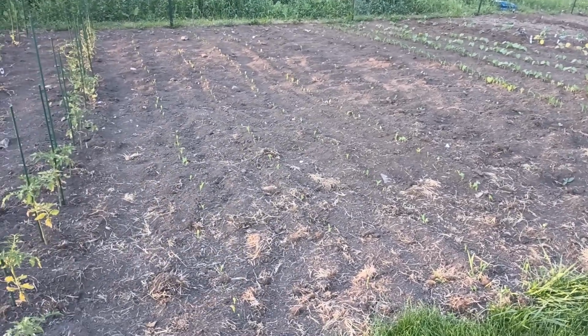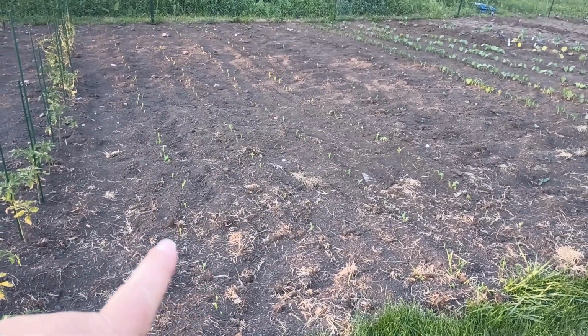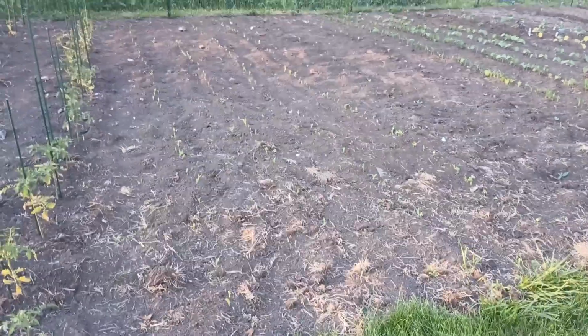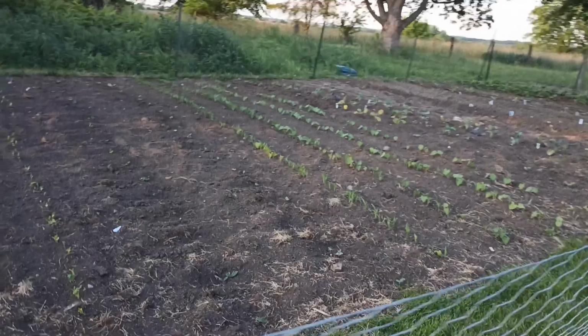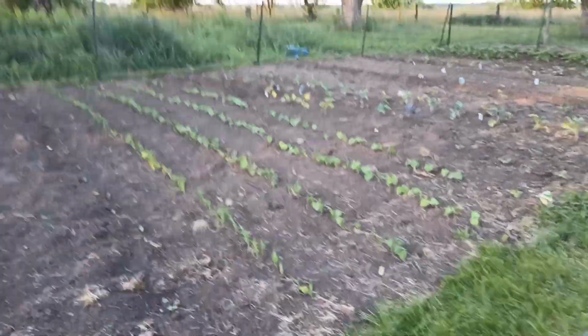And then you can see all of the popcorn is up. Had great germination rate on the popcorn. This is Amish popcorn is what they call it. And there is the early sun glow